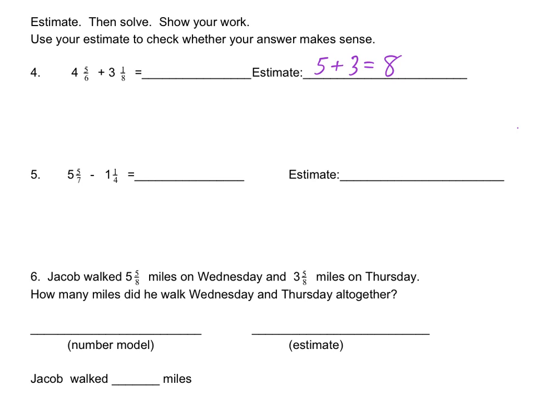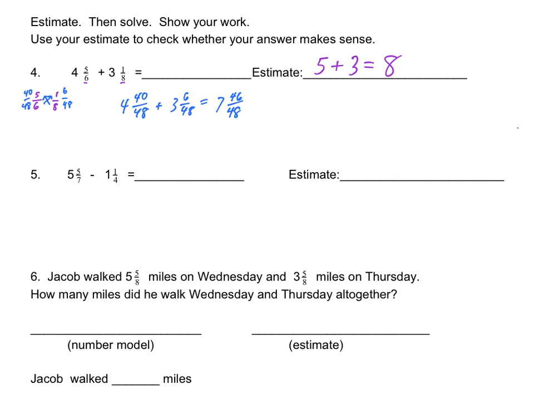Now, something that's very important for me to make sure that I do here for number 4 is I need to get my common denominators. So one way that I can do that rather quickly is to cross multiply. Now I can rewrite my problem: 4 and 40/48 plus 3 and 6/48, which equals 7 and